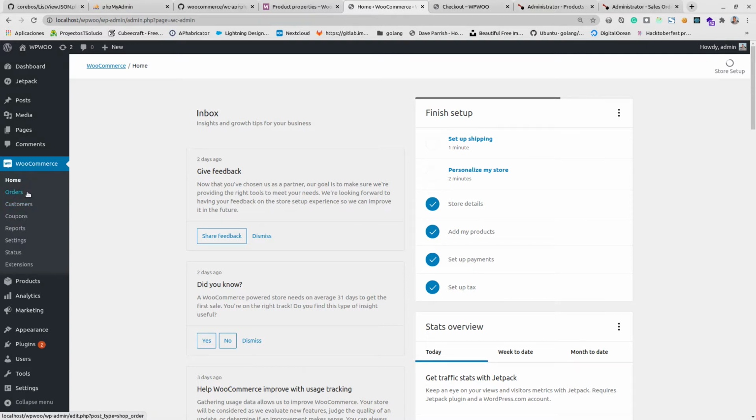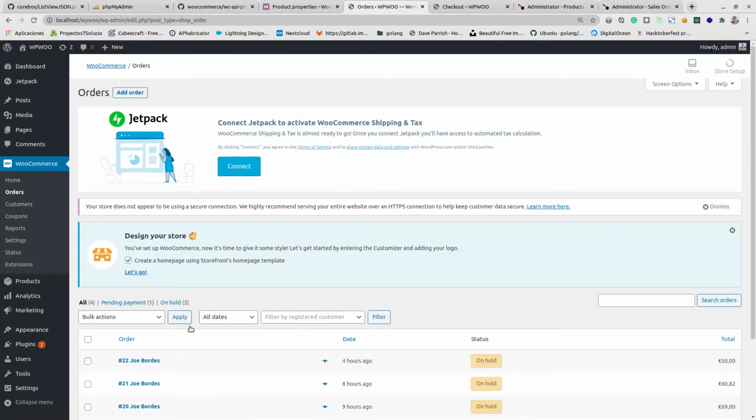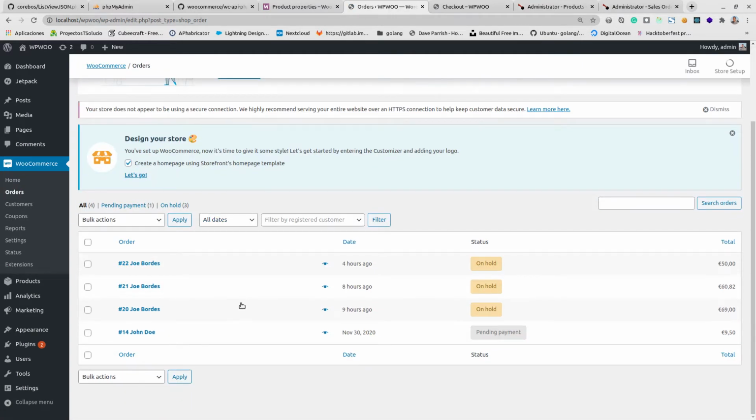But basically, we have a synchronization, whereas the customers will be synchronized. Information from the customers will be synchronized with coreBOS accounts or contacts. Products will be synchronized with products and services, and orders will be synchronized with sales orders or invoices, depending on